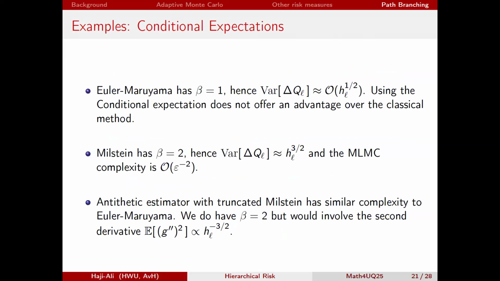So what this means is that for Milstein, where beta is equal to 2, I have the variance improved: before it was HL for delta PL, now it's HL to the 3 over 2. So great, the complexity analysis is improved, and it's as if I have a Lipschitz function. For Euler-Maruyama, however, because beta is equal to 1, I don't see any improvements. So again, I don't have a method that works for all approximation methods. For the antithetic estimator as well, if I have an antithetic estimator on the SDE paths, this also doesn't work, because even though I have improved variance convergence there, it will involve the second derivative of g, which blows up even faster.